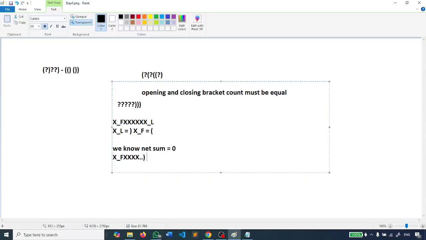We have this, and next sum equal to plus one. This prefix has a sum of plus one, right? Now this prefix, if it has a sum of plus one, and we want to ensure that